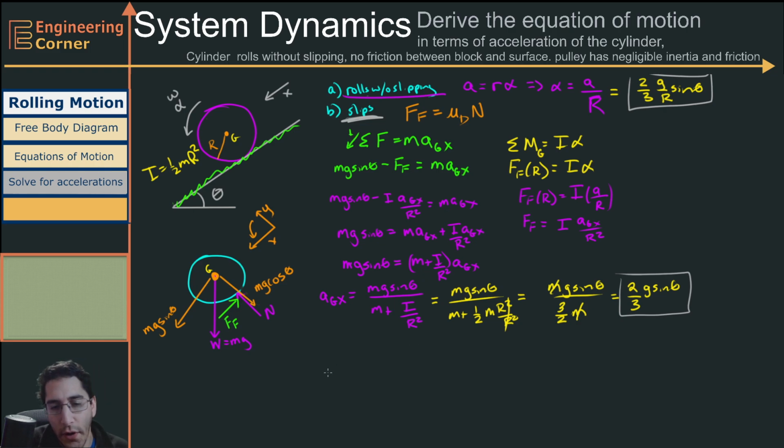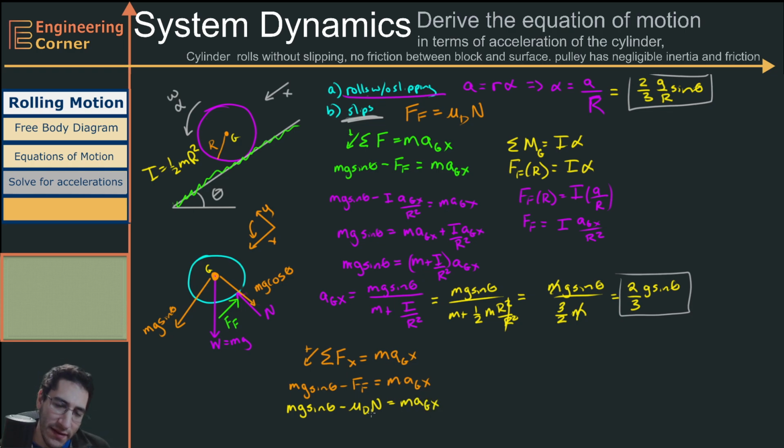We're going to use the same governing equation, so the sum of the forces in the x are equal to mass times this acceleration. And we'll have, again, going down is positive, we'll have mg times the sine of theta minus the frictional force is equal to m a g x. And we have this expression right here. We know that the frictional force is mu d N. So we'll have mg times the sine of theta minus mu d N is equal to